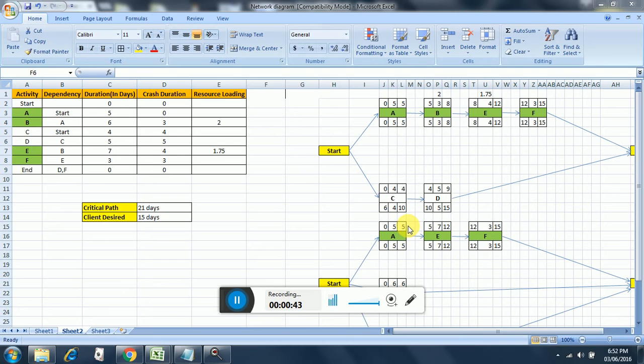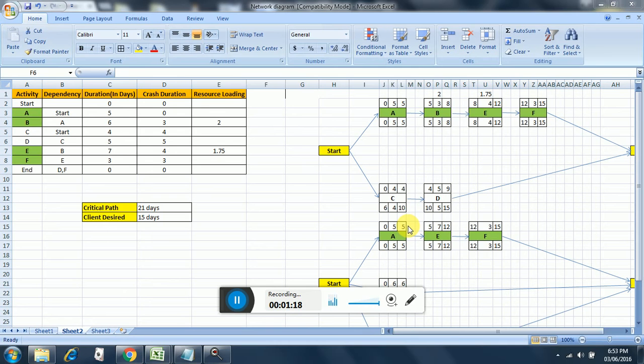This lecture is about fast tracking and crashing. So we will first see what crashing is, and later on we will look into fast tracking. Crashing is nothing but, here these two methods are for schedule compression. To start with, schedule compression is reducing the time required to complete the project in such a way that minimum risk is involved.